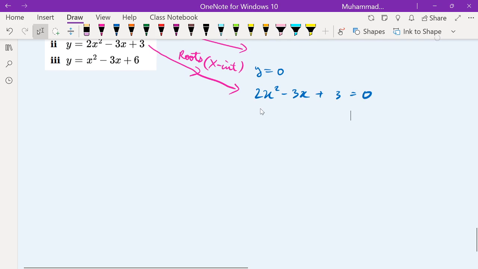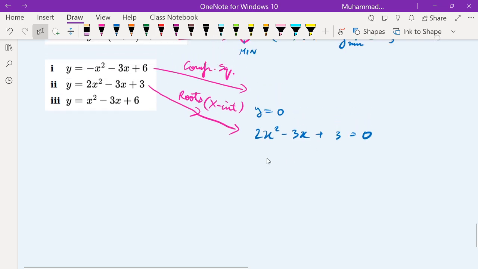I don't ask you to factorize it, but go ahead, get the roots from the calculator, because right now I'm just interested in telling you the method of how to get the turning point in this case. So it's 2, -3 and 3,